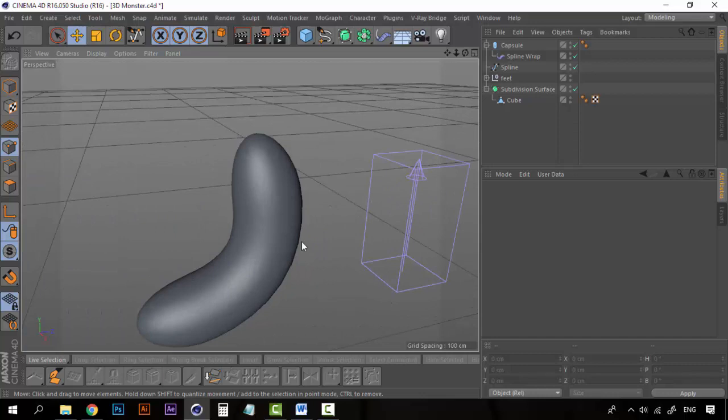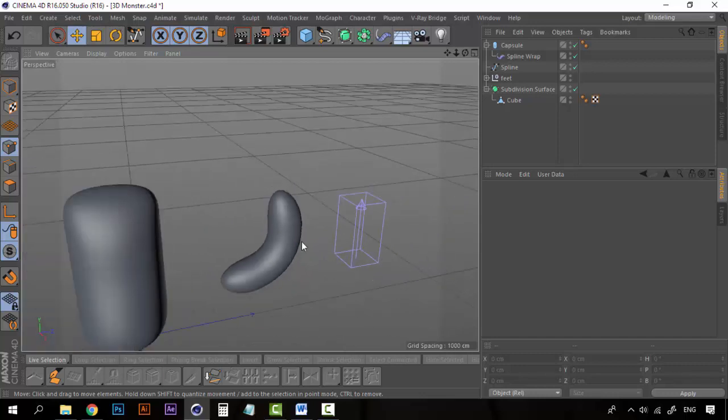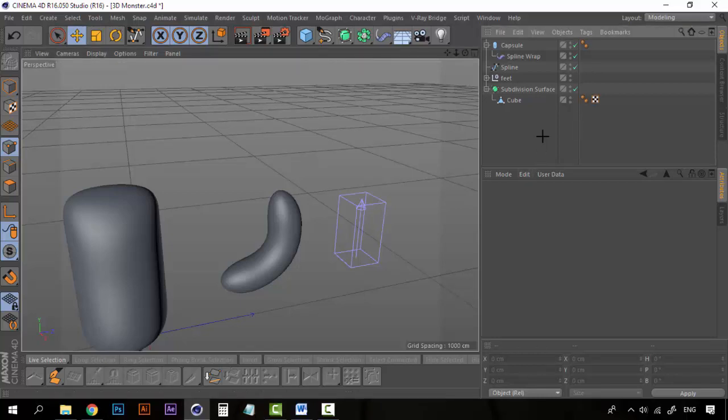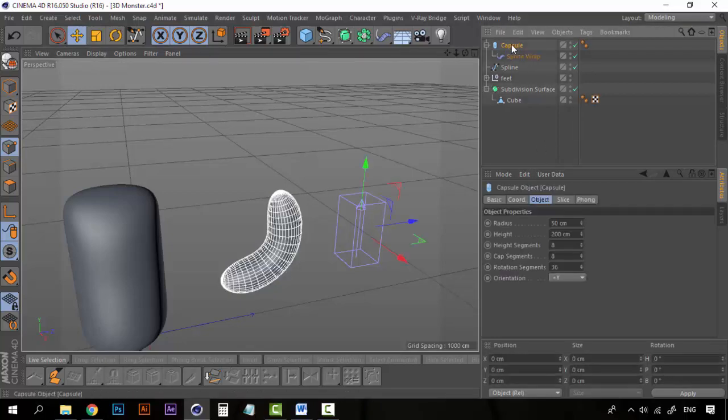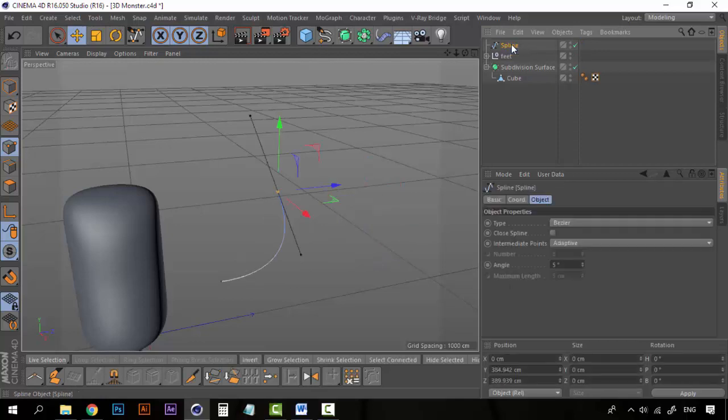So you can do great things with it. You can create cool typography, cool 3D typography, like handwriting on Cinema 4D by doing this with the capsule and the spline wrap. This is really simple to create, and we can do many wonderful things with it. In this case, we're going to draw an arm for our monster. So let's begin from the beginning,